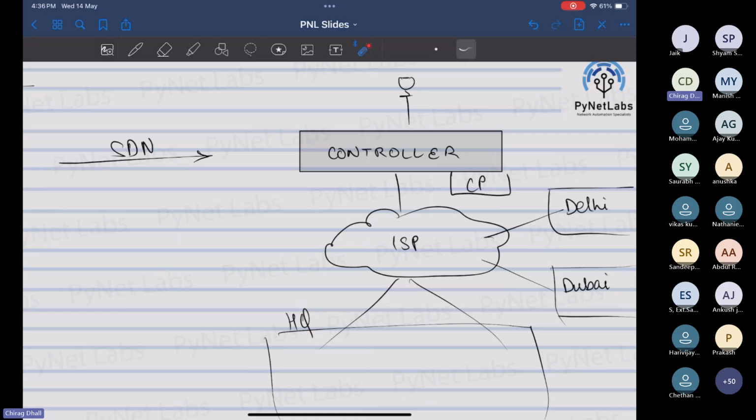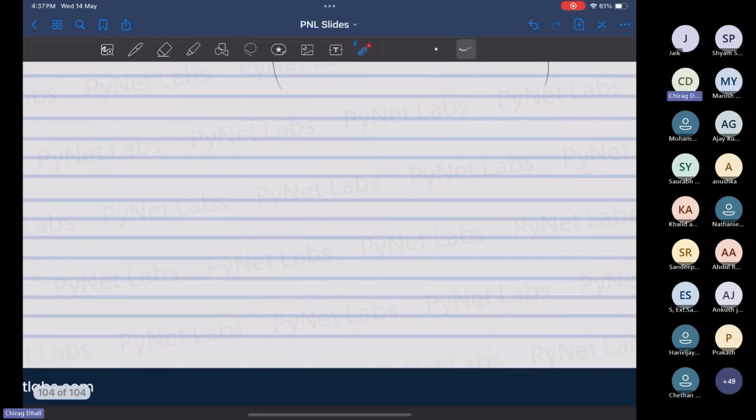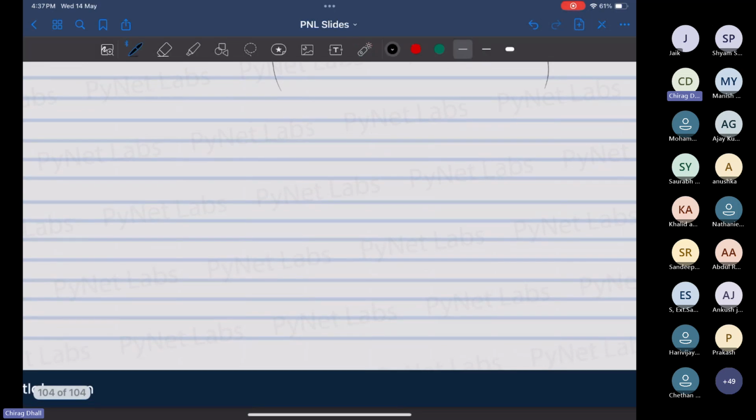This is what software-defined networking is all about. Now, how does automation get into the picture? Let's understand. There are different types of devices. The routers that we have used were IOS routers. Cisco offers different types of operating systems. IOS is the most basic operating system, and that's what we were using when we were using my 2811 router